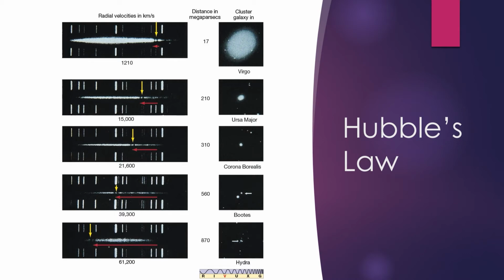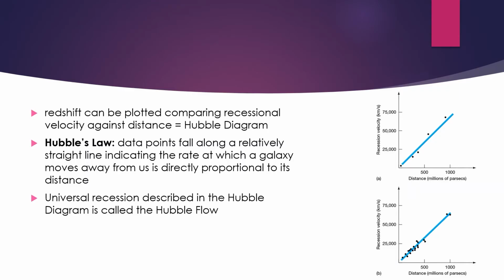The image here shows the optical spectra of some galaxies that are ordered from least to most redshifted, and this is known as Hubble's Law. The redshift can be plotted comparing recessional velocity against distance, which we can see on the right. These plots are based off of the images from the previous slide, and galaxies within about 1 million parsecs of Earth. Plots like these were first made by Edwin Hubble in the 1920s, and so bear his name as